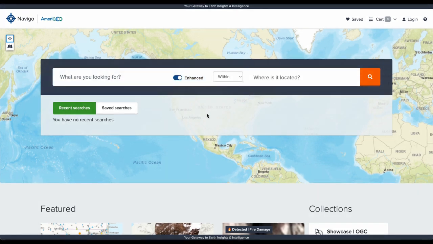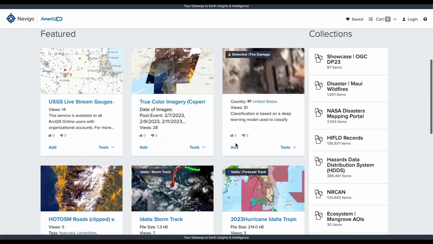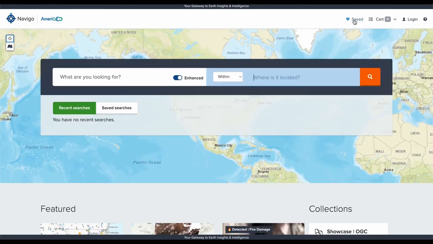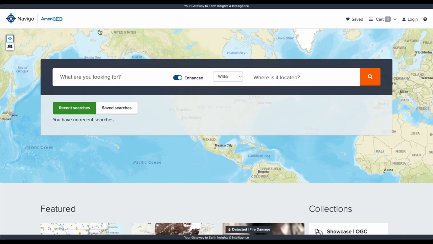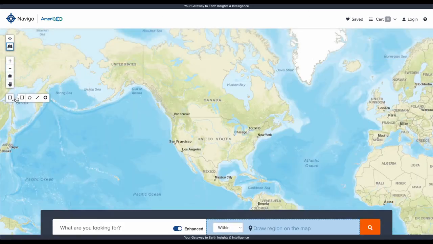This is the Voyager Search Catalog landing page, also known as Navigo, where you as a user can search, analyze, share, and task the desired data by using a variety of search and analysis tools. Here you can use the two search boxes for finding the type of data you are looking for as well as the location of that data. You can select from the featured content in the home page as well as in the saved searches located next to your cart. You also have the option to use a drawing tool where you can drag a bounding box or other geometry over the map located behind the search bars to find data that is geotagged in an area